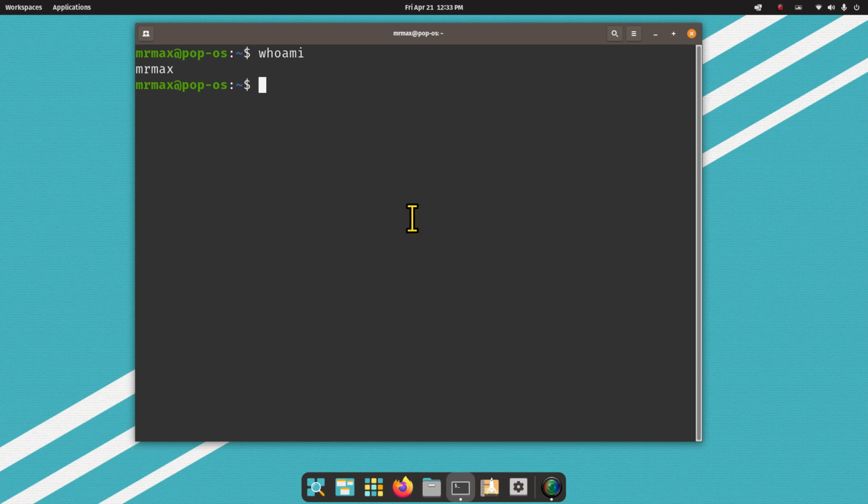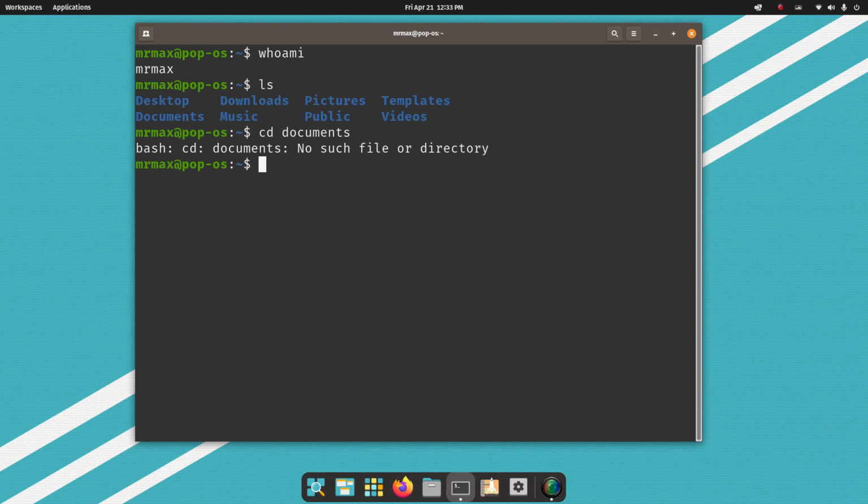So if I were to do another ls, and I'm going to do a cd, and now what if I try to cd into documents, and I try it this way? You think that'll cd into documents or change directories? No. It'll say no such file or directory. Why is that? Because it's spelled in lowercase. Your documents folder is spelled with an uppercase D. So let's do cd, uppercase D,